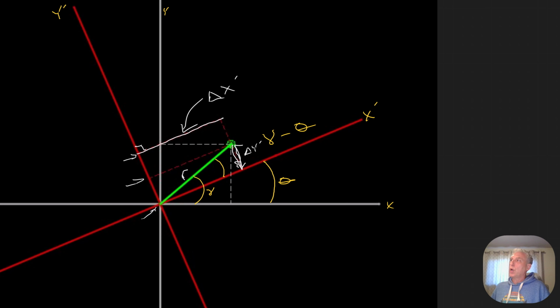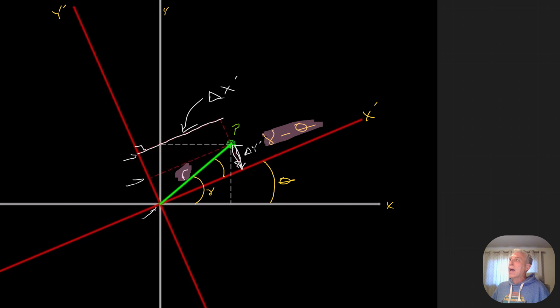There's a couple things we can note. So we would expect that this point, let's call it P, would have the delta y prime be less than the delta y, right? Because when I rotated my axes, that x-axis gets closer to the point. So if we have our slope distance and we have our angle,